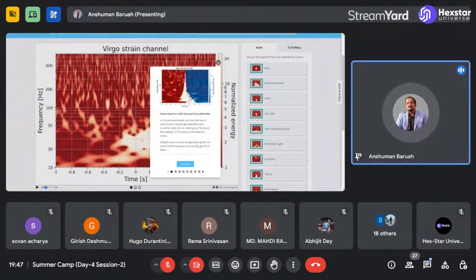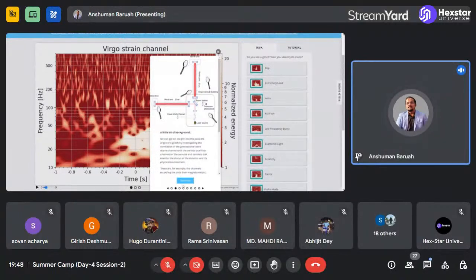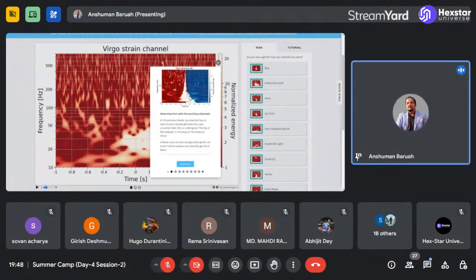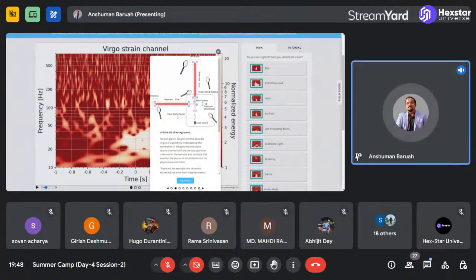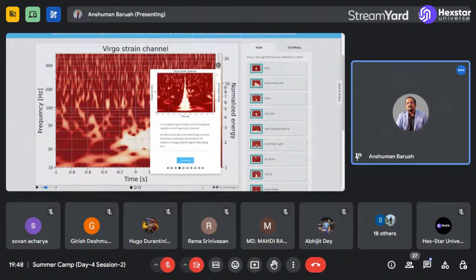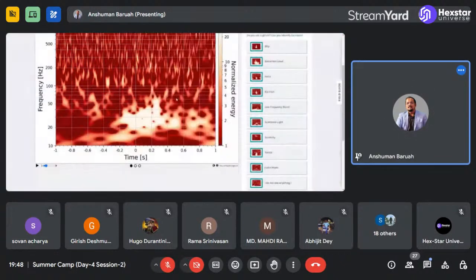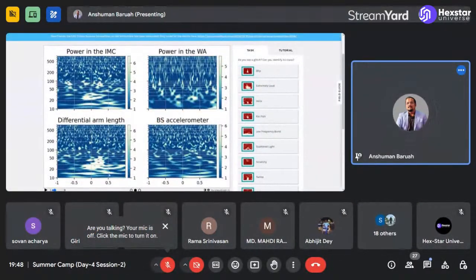So what you can do in this class is, first of all, identify if there is a source of noise that is happening. This first part is the same as what I had just shown you in the simple experiment. And the main thing here is that this experiment gives you other spectrograms.